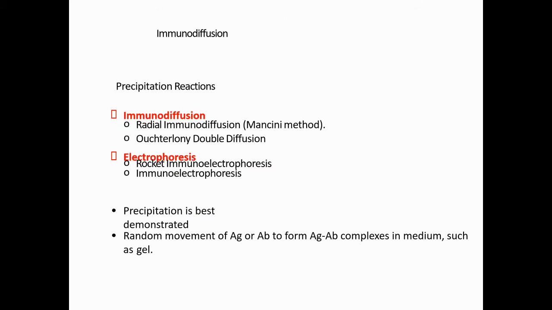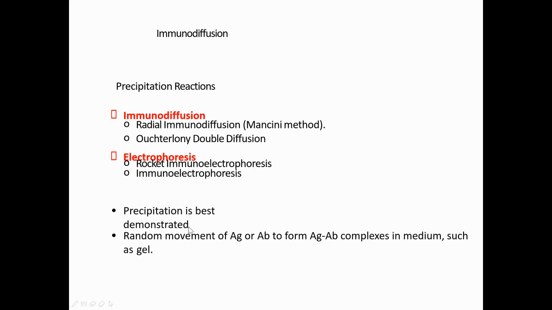Okay, so immunodiffusion precipitation reactions deal with two major things. One is radial immunodiffusion, otherwise known as the Mancini method. The second is Ouchterlony double diffusion. And then we go for electrophoresis. In electrophoresis, we have two things: rocket electrophoresis and immunoelectrophoresis. And then precipitation is